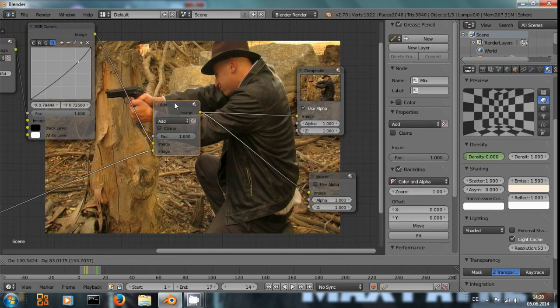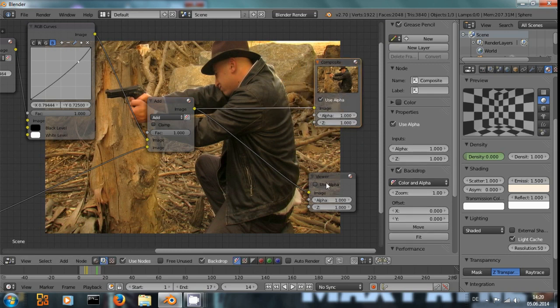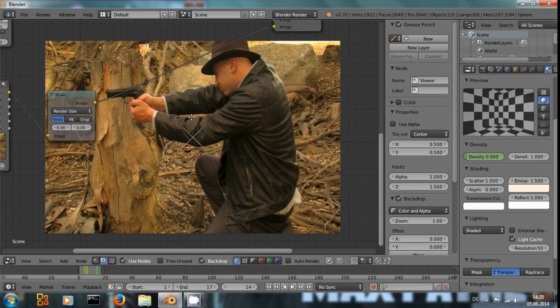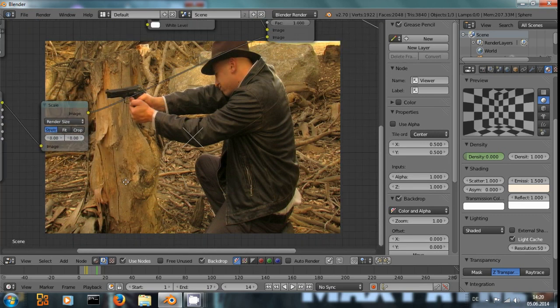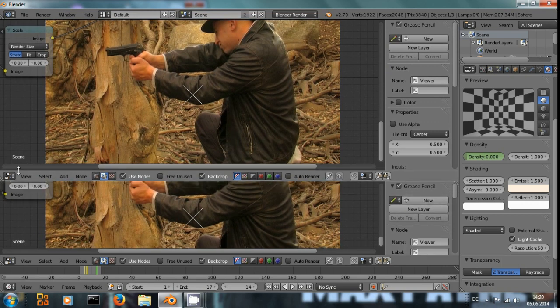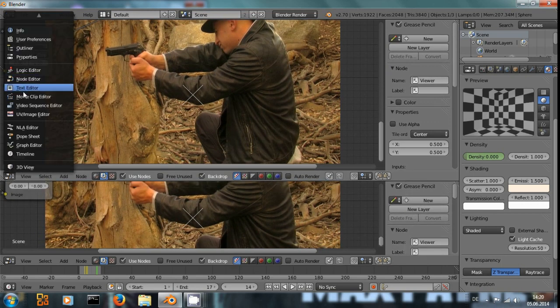Because to improve the effect, the muzzle flash should also light up the environment. How do we do that? Well, first of all, we need a mask for the stuff where the environment will be lit up. We change to UV image editor